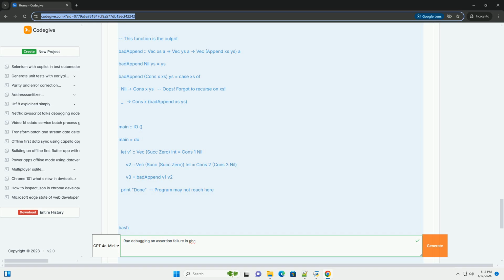5. Using trace. This will show you the values of xs and ys during each recursive call, helping you understand the execution flow and when the incorrect concatenation is happening. You'll see the first element of v1, which is Cons 1 Nil, being processed, and then when xs is Nil, the second vector is directly appended without the necessary recursion. 6. Fix the code. The correct implementation of append is: